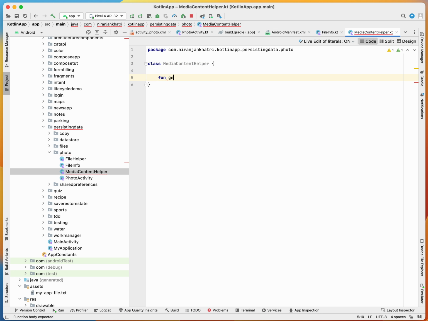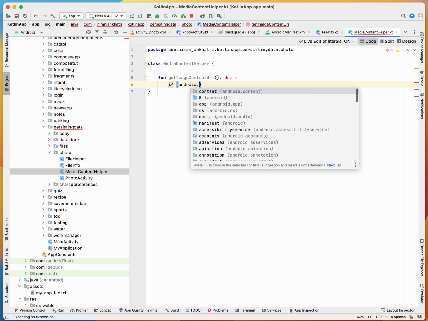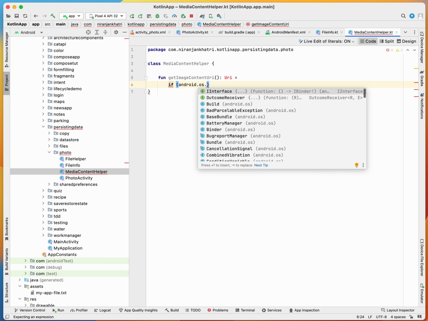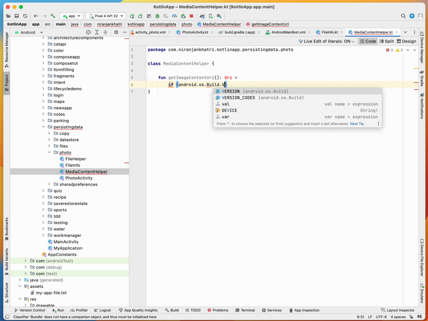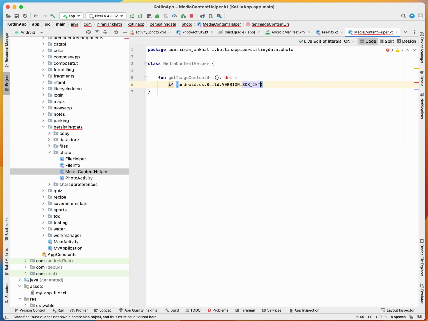Function get image content URI, which will return the URI, and if Android OS Build.VERSION.SDK_INT is greater than or equal to